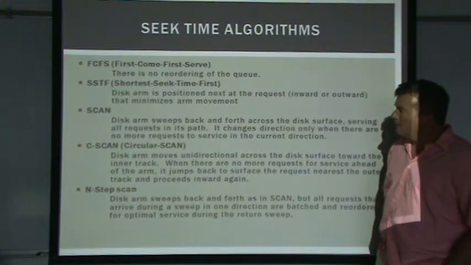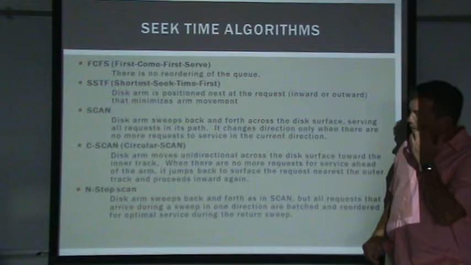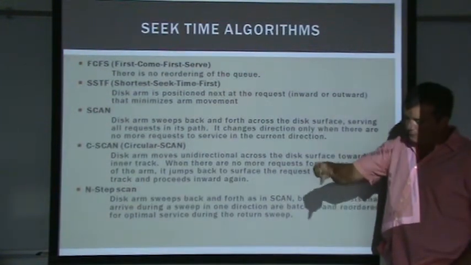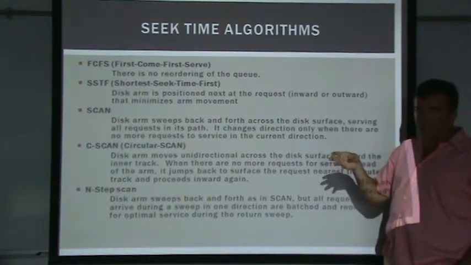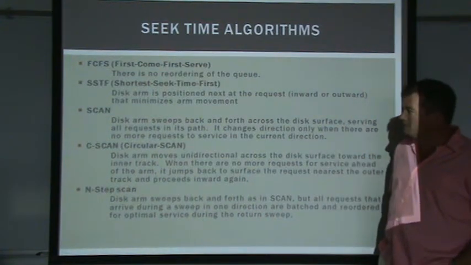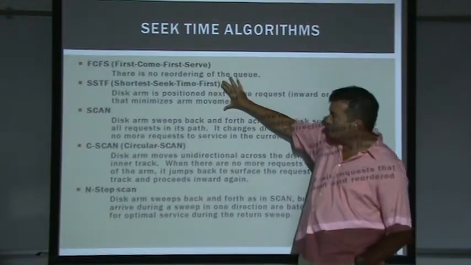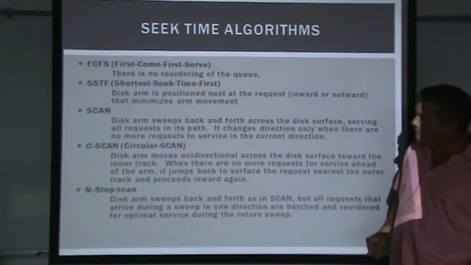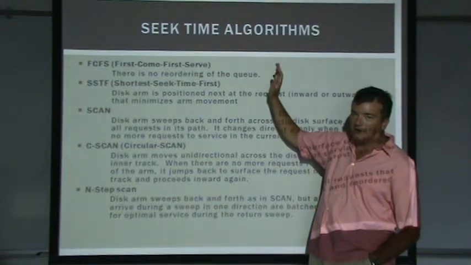So basically, the order that the requests come into the file system is the order they get retrieved off the disk. Another one might be, as requests are queuing up, we could have the one with the shortest seek time handled first. That is basically wherever the read-write head is, of all the requests that are queued up, we'll push the one that's closest to the read-write head to be handled next. So what's the advantage? This is starting to get very similar to what we talked about in class or two earlier. As far as starvation is concerned, what's the advantage to this and what's the disadvantage to that?